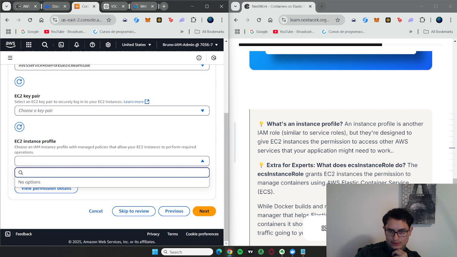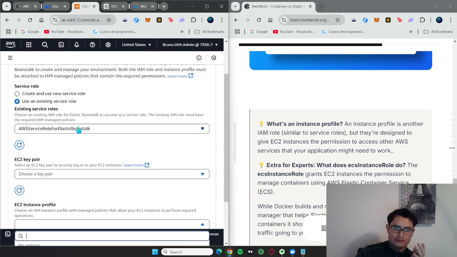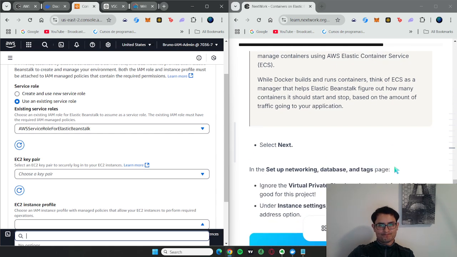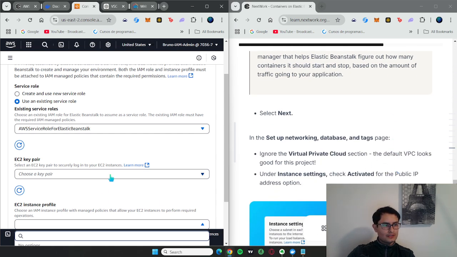It grants EC2 instances the permission to manage containers using AWS. So we created one for Elastic Beanstalk to use EC2, so now we have to do the opposite for EC2 to access Elastic Beanstalk. While Docker builds and runs containers, think of EC2 or ECS as a manager that helps Elastic Beanstalk figure out how many containers it should start or stop based on the amount of traffic going through your application. So I need to create